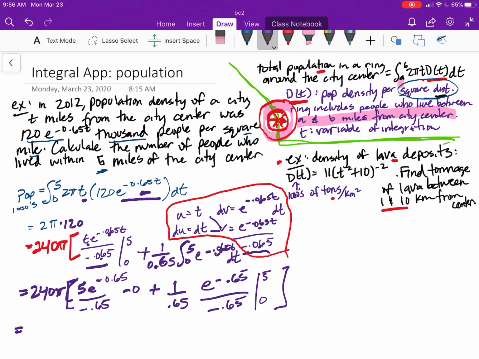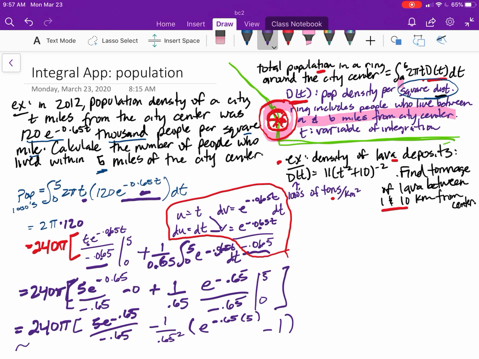The last step I'll clean up before I use the calculator is 5e to the negative 0.65 over negative 0.65, which is this here, plus we have a negative times a positive, so negative 1 over 0.65 squared. And then plug in 5e to the negative 0.65 times 5, minus plug in 0, so e to the 0 is 1. And now I'd use a calculator, and we get about